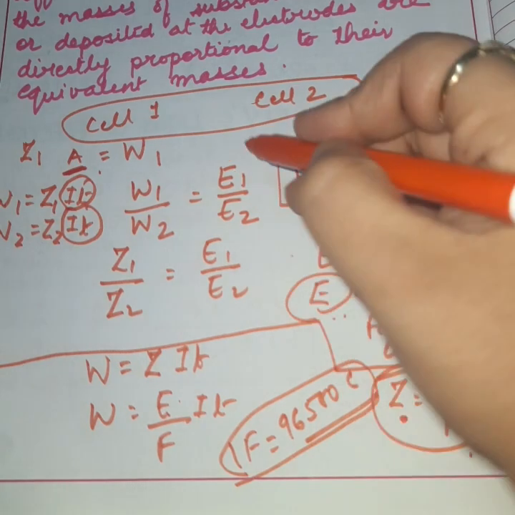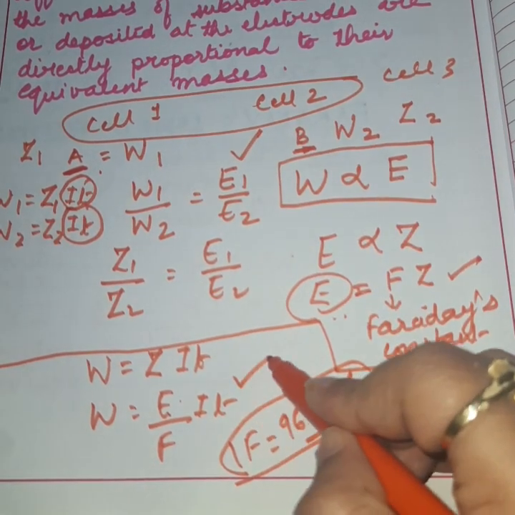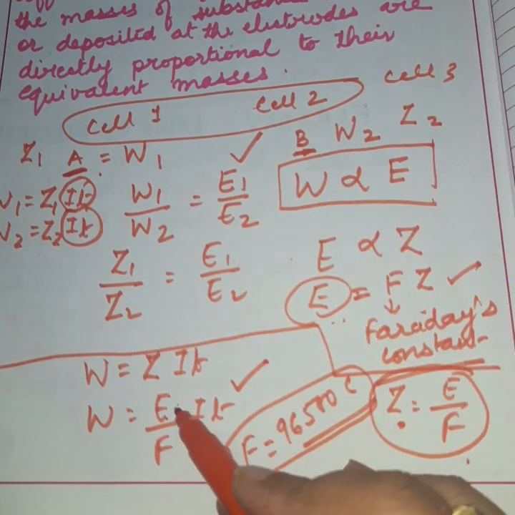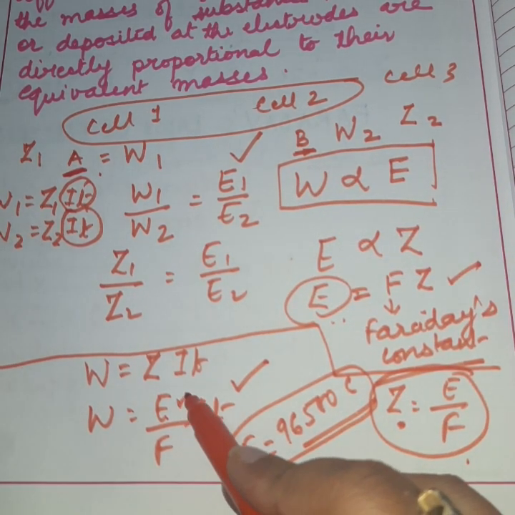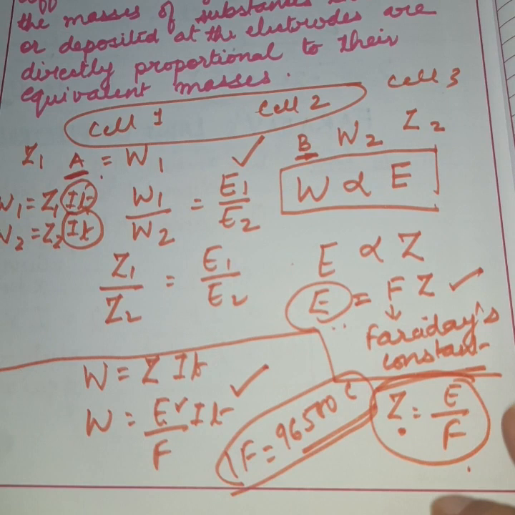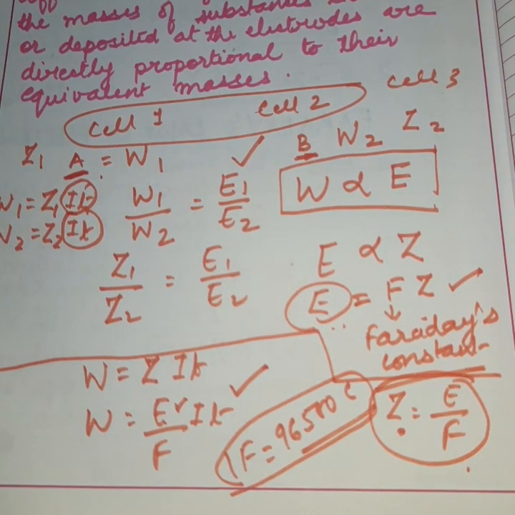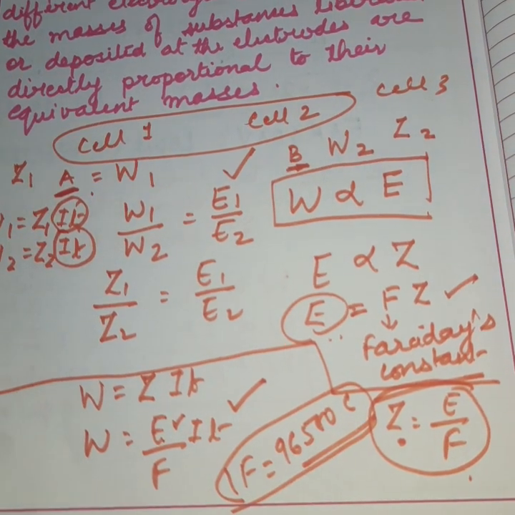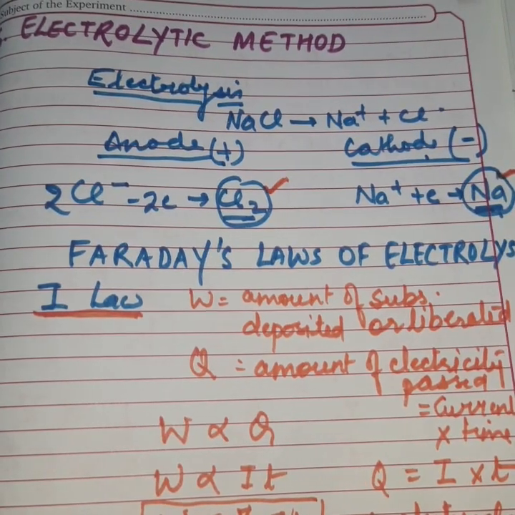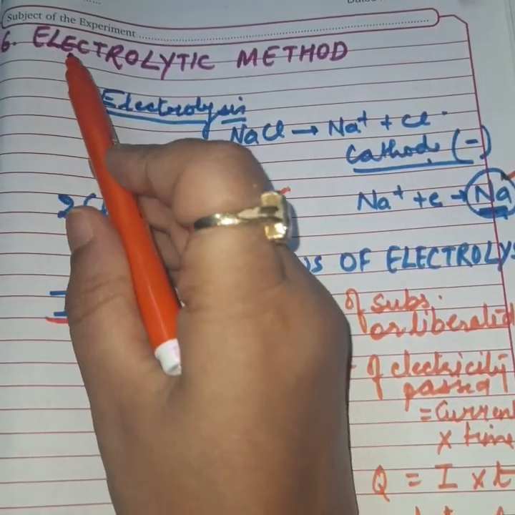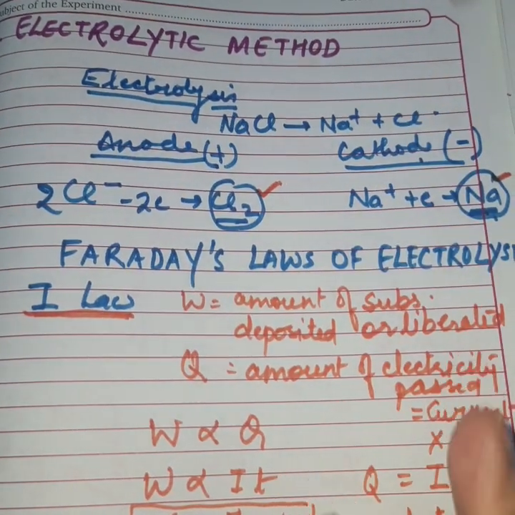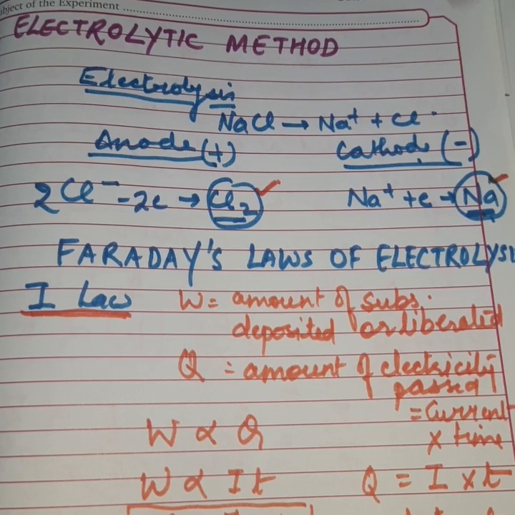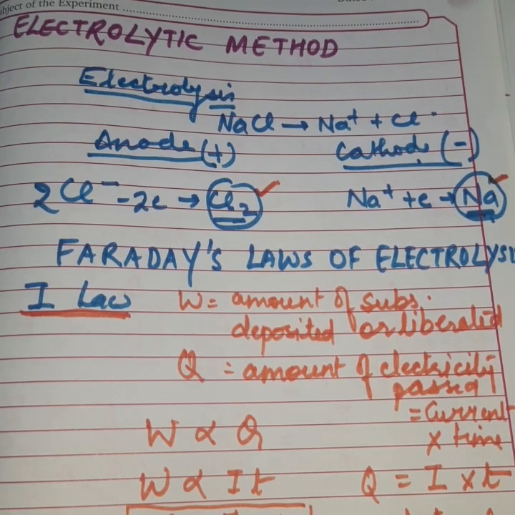Through this formula, which is derived through Faraday's law, we can calculate equivalent weights of the substance deposited or liberated at a particular electrode. I hope now you have understood what I said. The electrolytic method can be used to calculate the equivalent mass of a substance. So class 11th, if you have understood this concept very well,